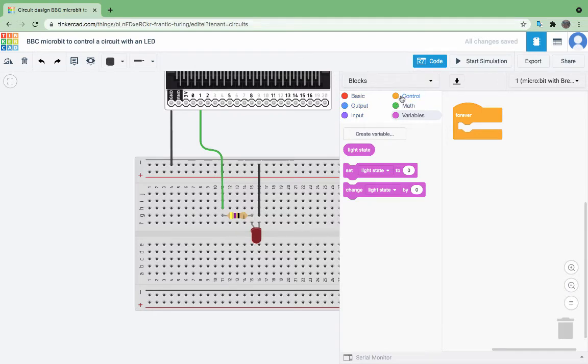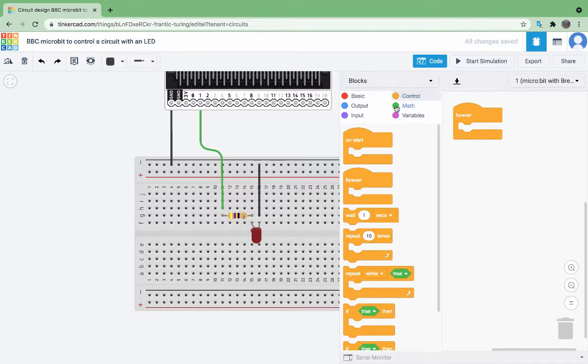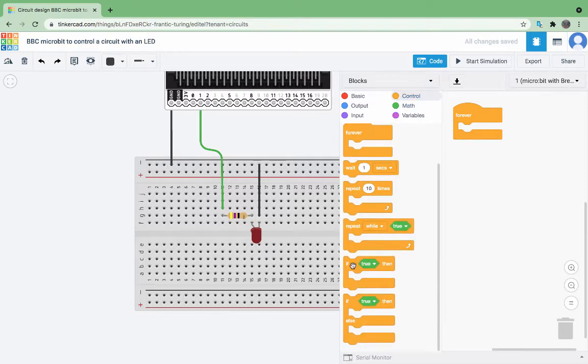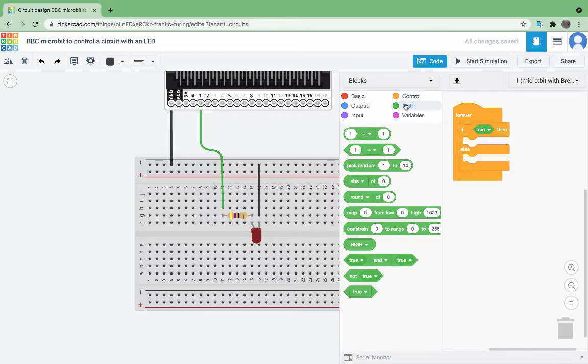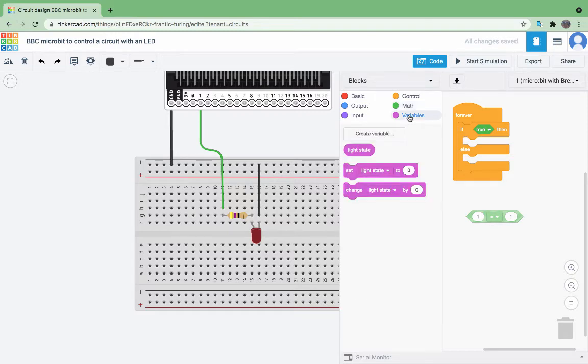I'll make use of an if-else statement. So what that gives me the ability to do is make a statement that if something is occurring, then do something. Otherwise, do this other thing. So for the logic I want here, I'll need some math. And I'm going to use an equal statement. So I'll go back to my variable and say that if my light state is equal to